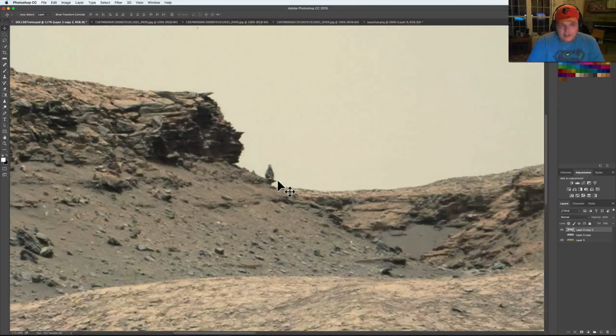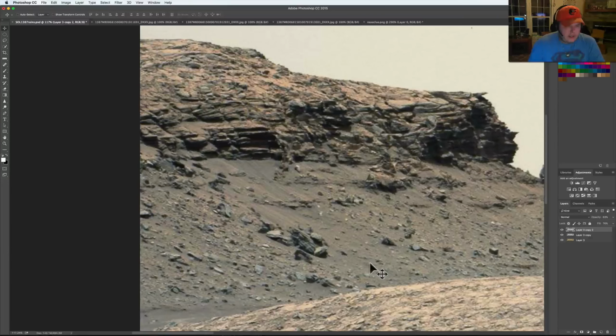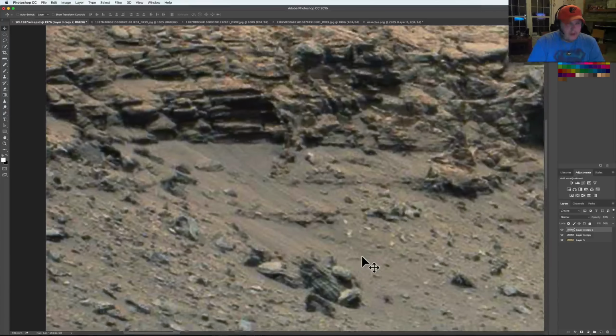So let's check out this picture a little bit because I've kind of brought it out a little bit. Here it is from NASA, and you know me, I like to tinker around with the colors and move them here and there. But what I thought was really cool about this whole area is there's just interesting stuff like